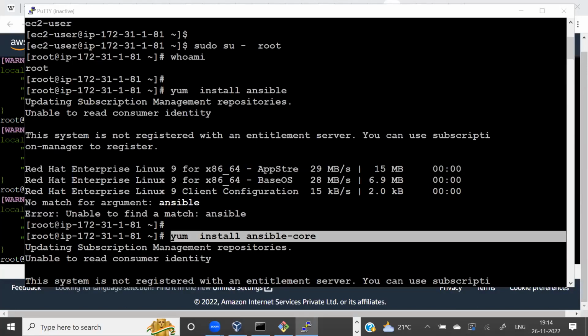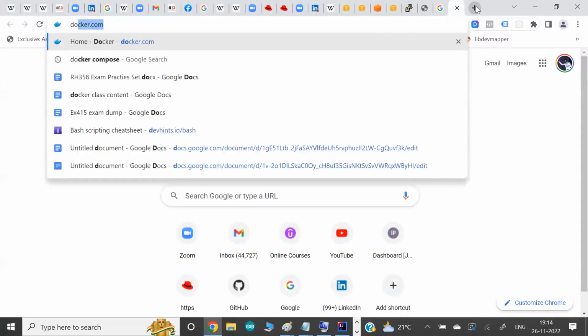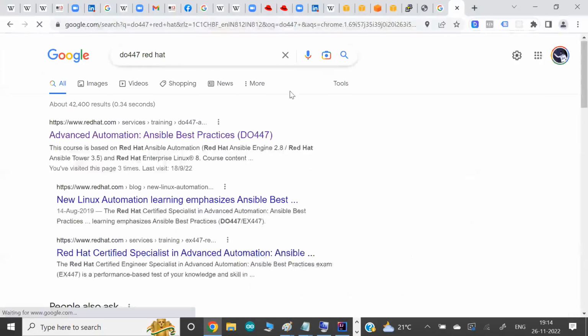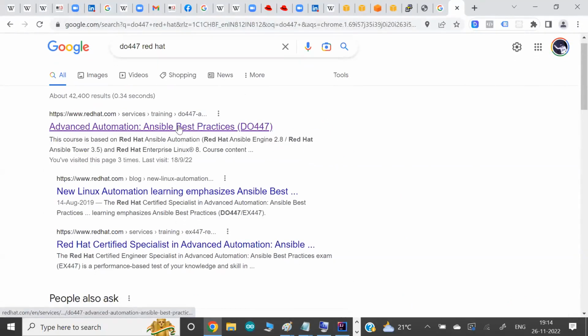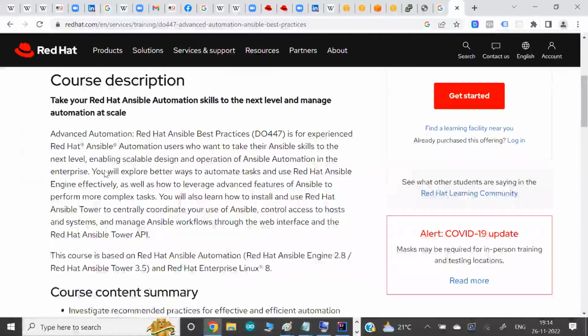It's called Ansible Tower, in the Red Hat program called DO447. This is the program name by Red Hat that we already announced. DO447 is purely on advanced Ansible, and there they talk purely about Ansible Tower. So that batch we already announced. Soon we are going to start.